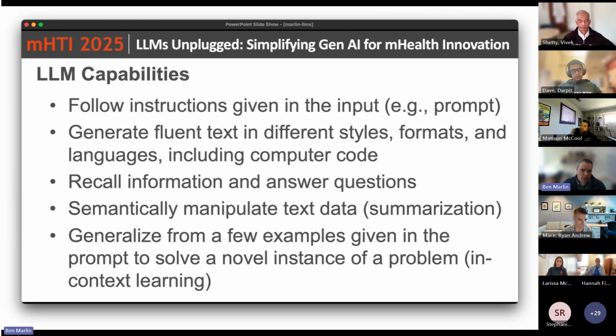Another capability for these models is something called in-context learning. Here, the idea is that the models are able to generalize from a few examples given in the prompt to solve a novel instance of a problem. So in general, for supervised learning, you would have to have a large data set in order to solve a problem. You give lots of input-output examples. LLMs tend to be able to see a few different examples of tasks that they're maybe familiar with, and then recognize what that task is and provide outputs for novel inputs. So again, that's leveraging the domain knowledge that the models have distilled out of the training data.